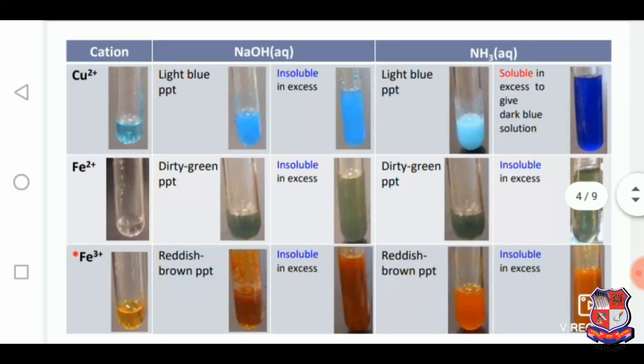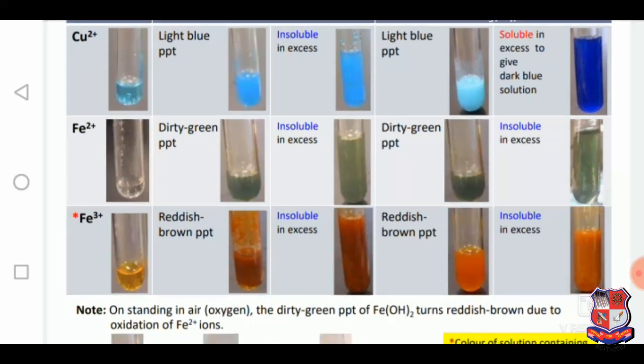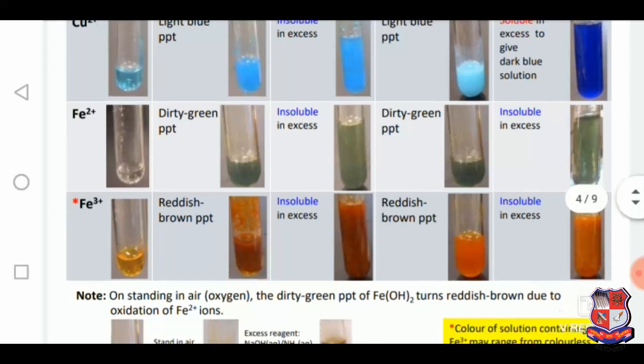For the copper ion, as it is a colored solution, we can easily identify it. If we add some NaOH and ammonia, these are the tests. For the ferrous ion, Fe+2, green dirty precipitates are obtained by adding the ammonia, and for the ferric ion, that is Fe+3,